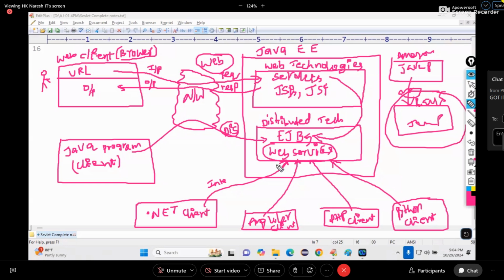Okay, first, write: web application means an application that can be accessed via internet from a web client, in brackets, browser, with a URL.